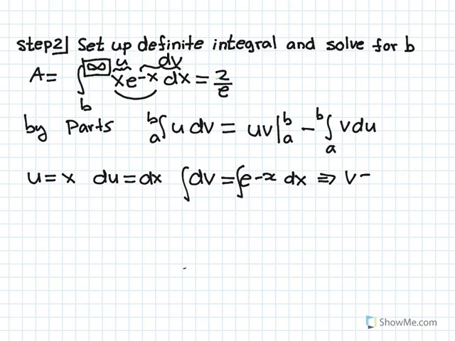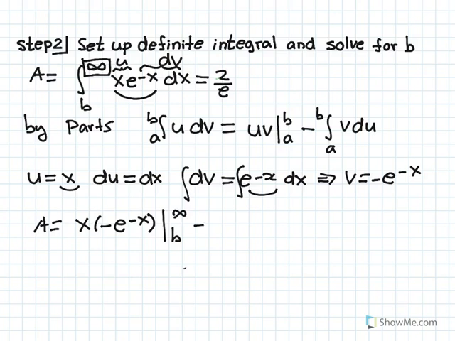So v is going to be, what is the antiderivative of e to the minus x? We have to use the U substitution method. That's going to be e to the minus x divided by minus 1. I'll put a negative in the front. All right, so we get u times v. So the area is equal to u times v, where u is x and v is minus e to the minus x, evaluated from b to infinity, minus the integral of v du, which is minus e to the minus x times du, which is dx, from b to